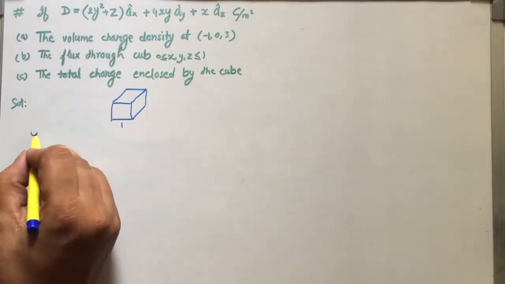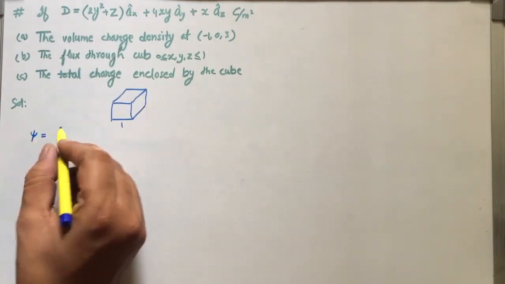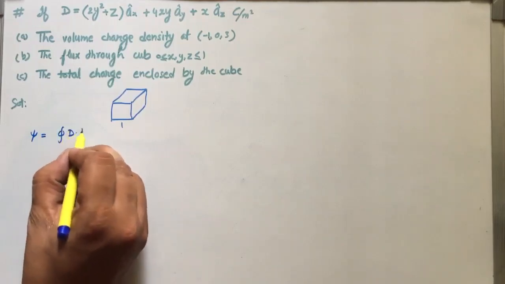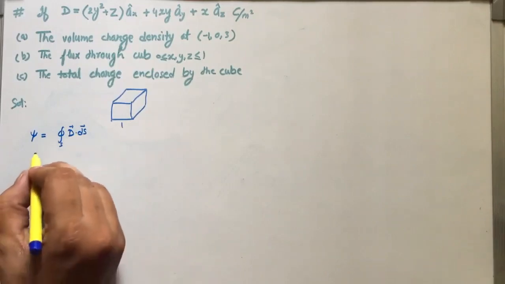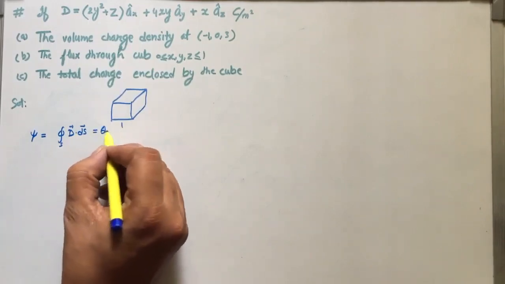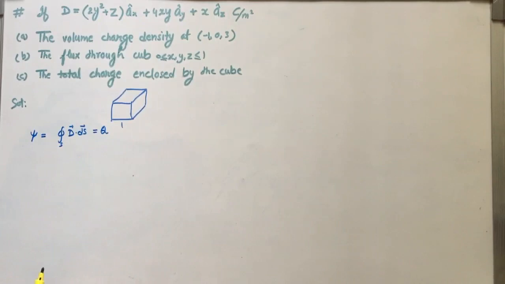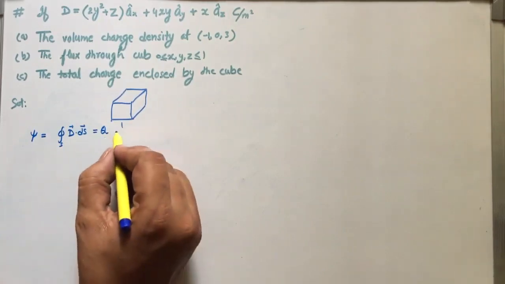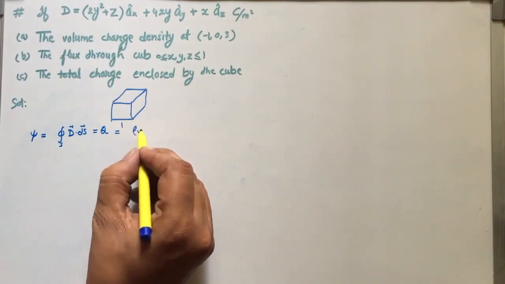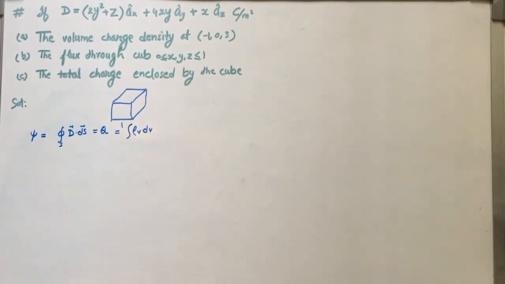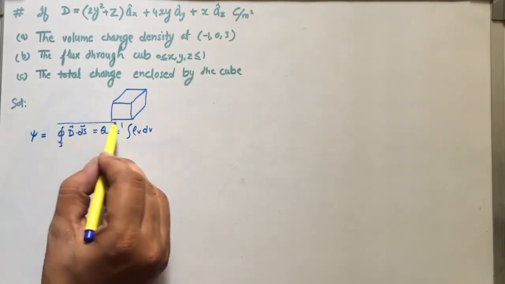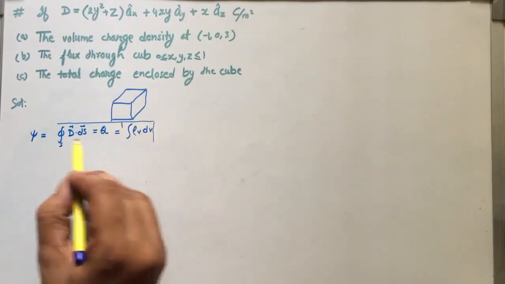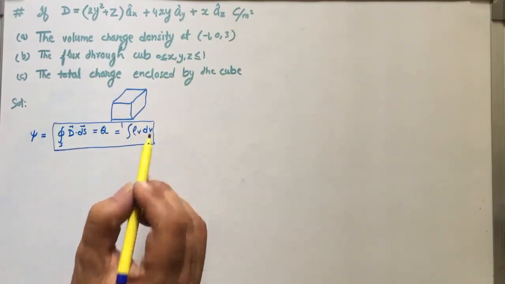We know the flux is equal to D dot dS for an enclosed surface, that is equal to the charge enclosed, and for volume charge density we can say it is equal to rho v dv. We have this, so from here we can have this relationship. The first one,